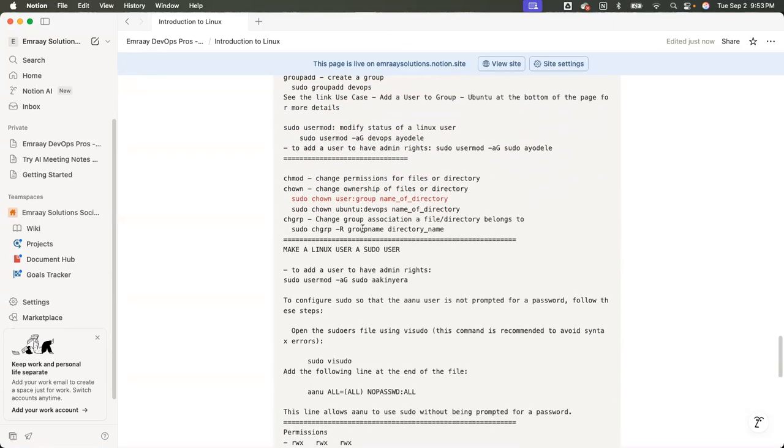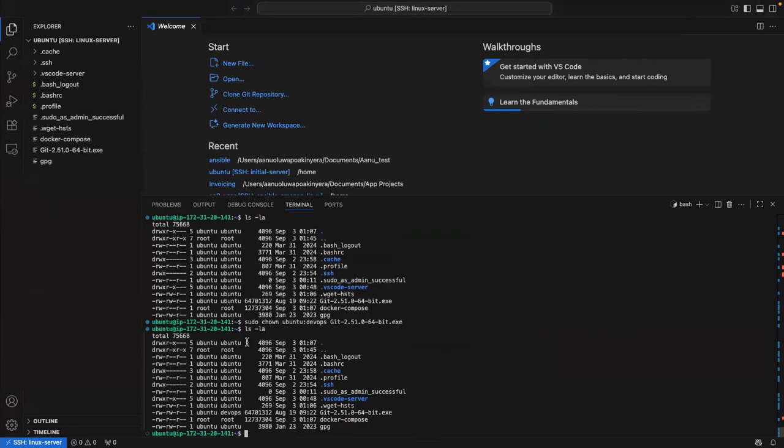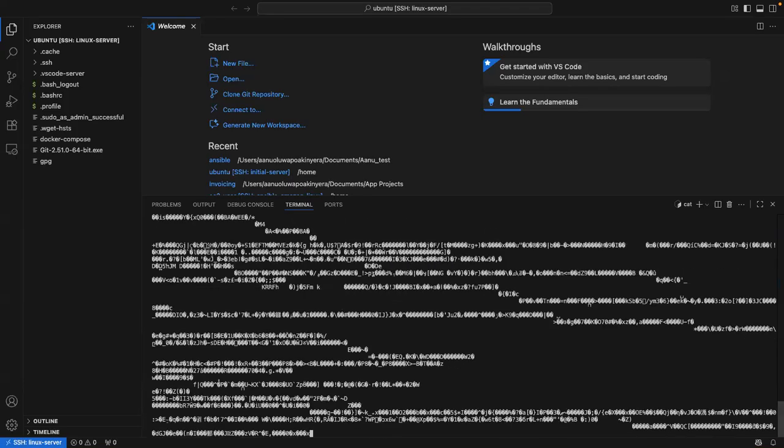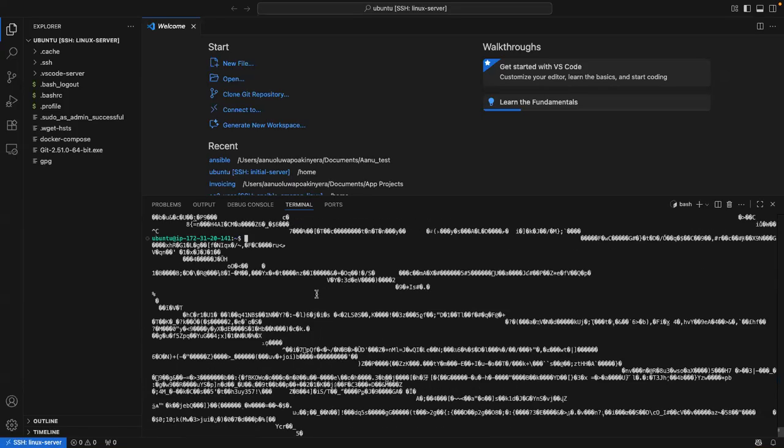Okay. Let us now, we have done chmod. Chown, we've done chown, which is to change ownership, right? So for example, there is this file here, Docker Compose, right? Let me switch to, let me see, cat Docker Compose. Okay, it's just all nonsense, right? Which is fine. It's fine as all nonsense. Now I will clear.